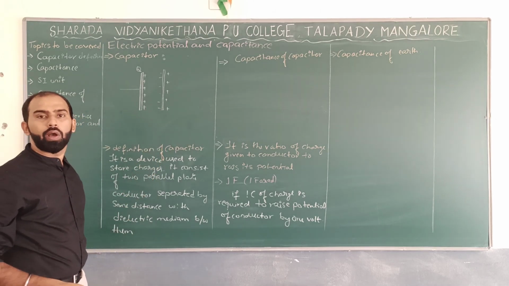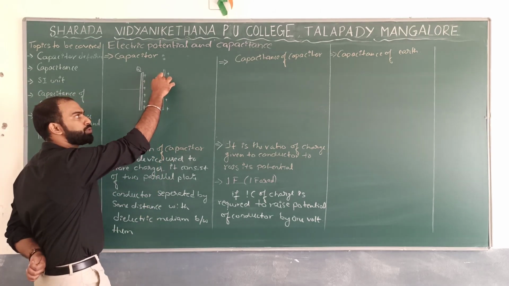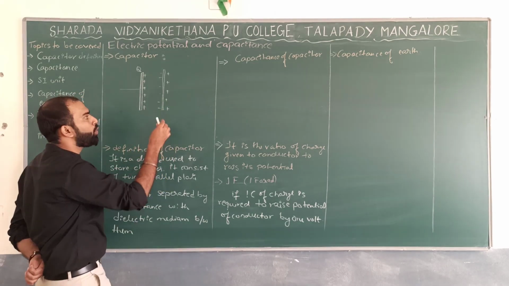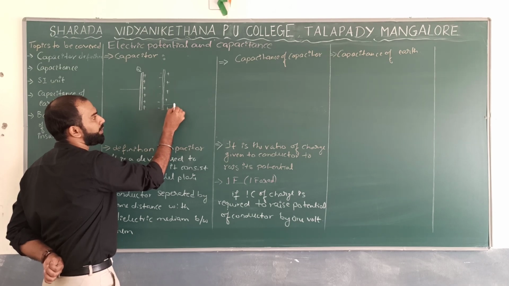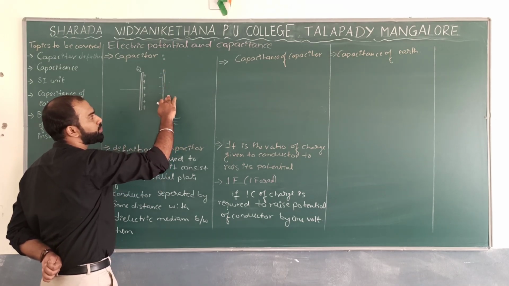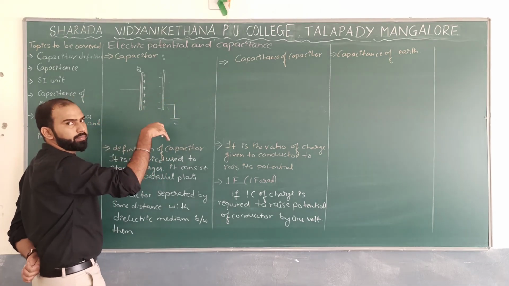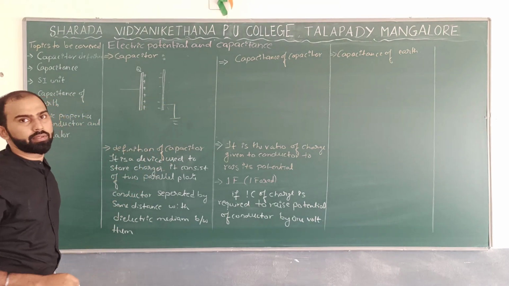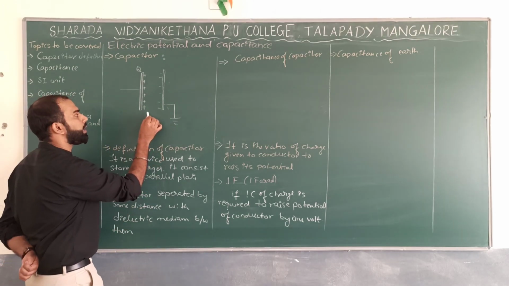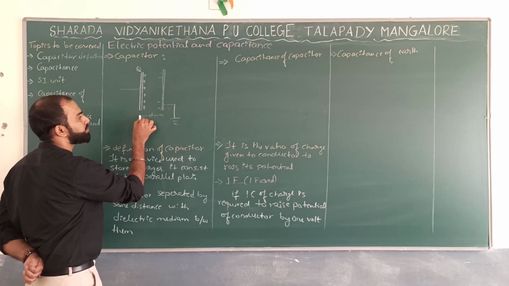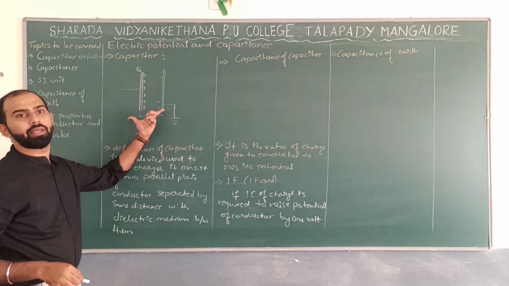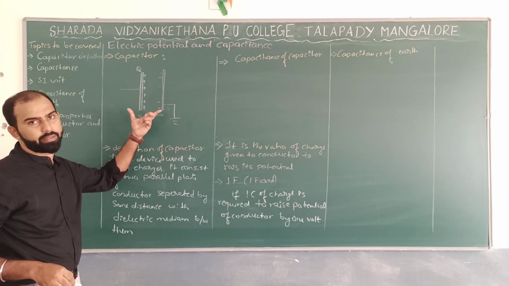Correct? Now I don't want to keep this positive charge on this particular surface, so what do I need to do? Just ground this side of the conductor. So all the positive charge goes towards the earth. What is left over here? Only the negative charges, and these are separated by a small distance from the positive charges. So this is exactly how your capacitor looks.